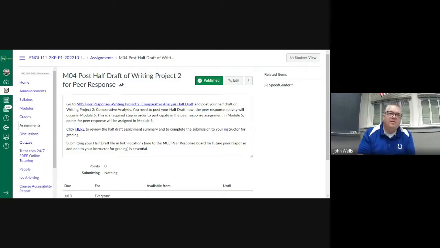Something I do like to remind people of is that when you copy and paste, you do lose some of that formatting, and we totally understand that, okay? We understand that we're going to lose that formatting. When we do the peer review, the formatting is not part of the responses or the feedback that you will get.